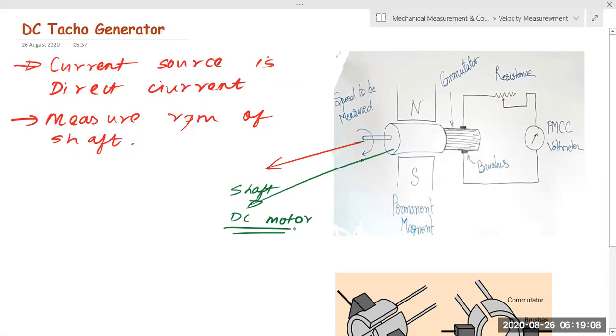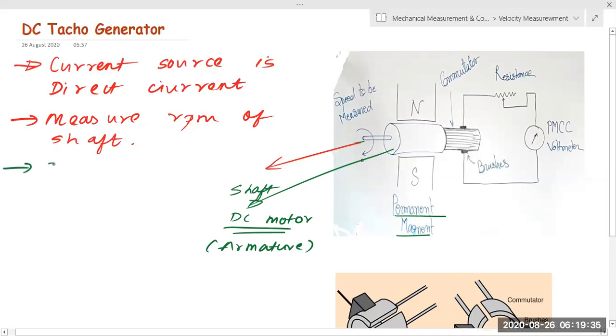Now this DC motor's circular part is called the armature. Always remember. This is my armature. Now this armature will actually rotate. You can see it is rotating in the presence of some magnets. So you can see there are some magnets. So what are the parts? One is the shaft, whose speed is to be measured. I'll just write it for you. Construction: shaft, whose speed is to be measured.